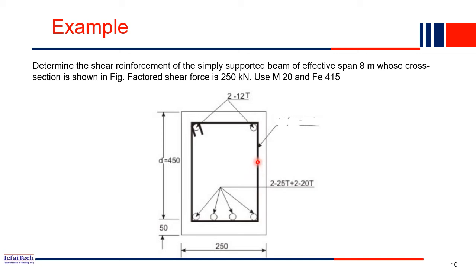We have done it in the earlier classes also. In the earlier classes we considered the same example, but we did not design this reinforcement, right? These stirrups we have not provided. We designed only the tension reinforcement as well as the compression reinforcement. But in reality, there are stirrups also, right? We have to design stirrups also. So in this example, we'll just continue our previous problem of the doubly reinforced section, and now we'll design the stirrups.